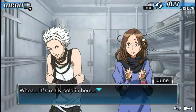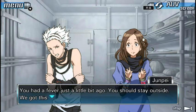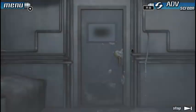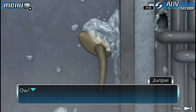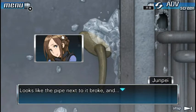Oh, whoa. It's really cold in here. Hey, you don't need to be in here. You had a fever just a little bit ago. You should stay outside. We got this. Freezer will totally cool her down. No, I'm fine. My fever's gone now. But... She just locked us in here? No! Why did it suddenly close? The knob's frozen. But why? It looks like the pipe next to it broke, and...